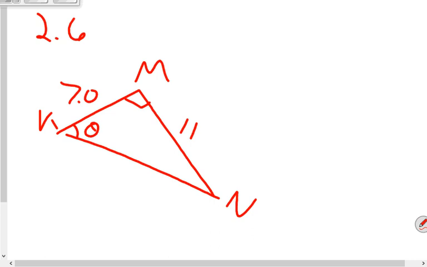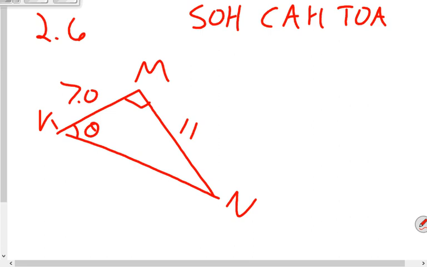So if we look at angle K, these two sides that correspond with angle K that I'm given, the letter 7 here is my adjacent, right, because it's touching. And the side away from it that's not touching is my opposite. So when dealing with adjacent and opposite, I'm going to use tangent, right? So I know tan of my angle,